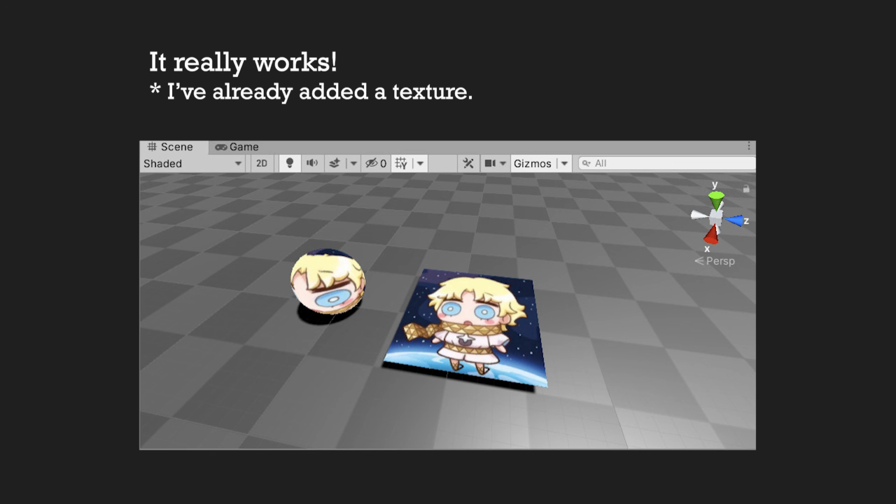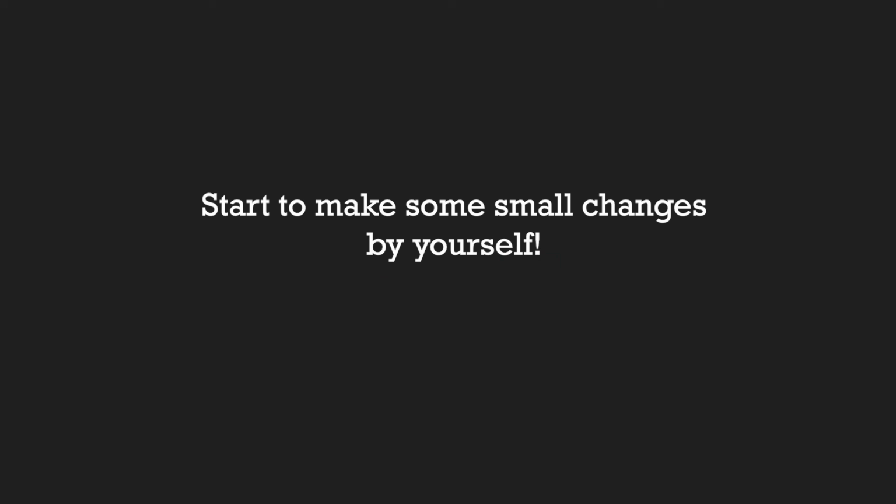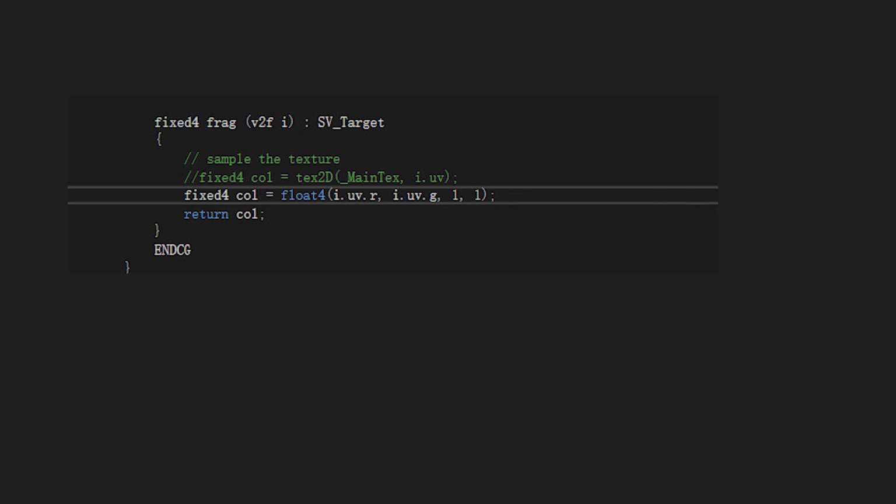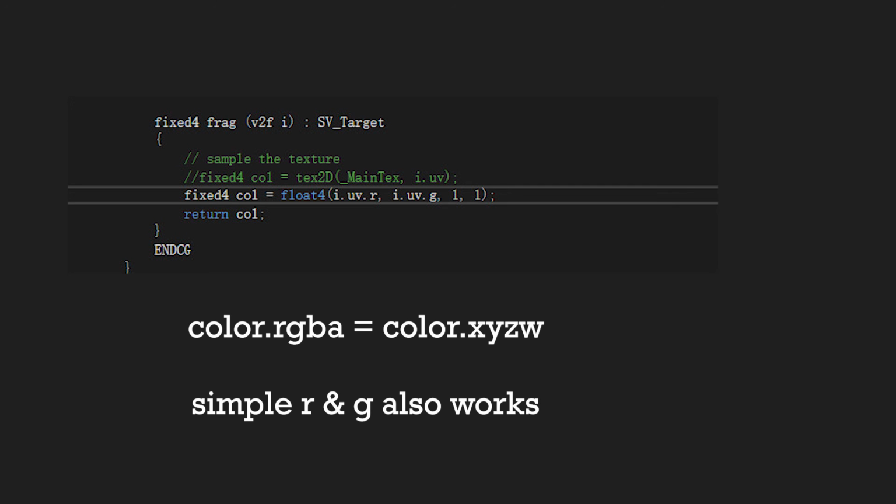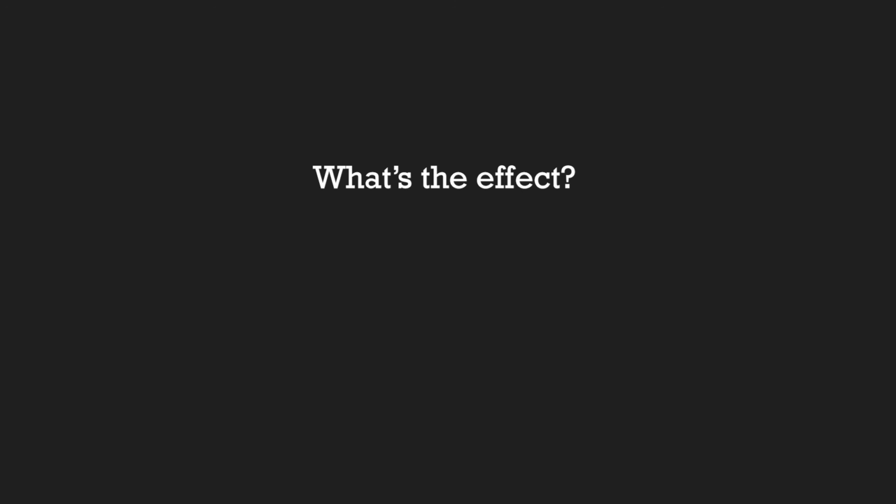Let's take a look at the final effect of this shader. The models have been given a texture and they are successfully displayed. So, let's make a small change to this shader and let it change according to the UV coordinates. The only thing we need to do is to change a sentence in the fragment shader. Here to explain, in the shader, RGBA and XYZW are the same. And even if UV is a float2 here, the data of the first two channels can be read with RG. Back to Unity, let's take a look at the effect.